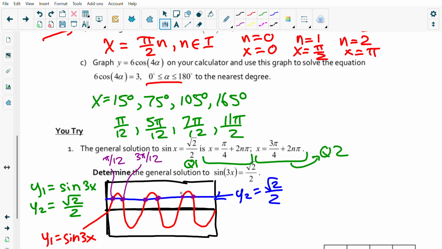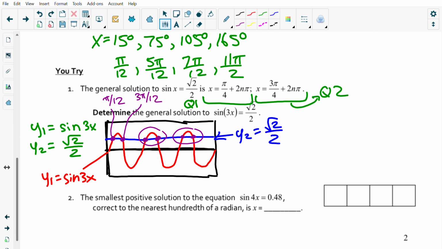And then if I look, these look like they vary periodically, but by how much, right? So we can think of it this way. I'm going to just start with these, and I'm going to build my general solution this way. Okay, so I'm going to think of it like this, folks. If sine of x equals square root of 2 over 2,